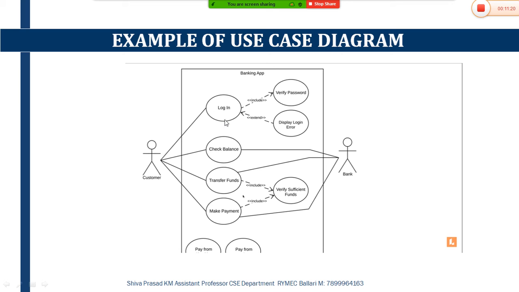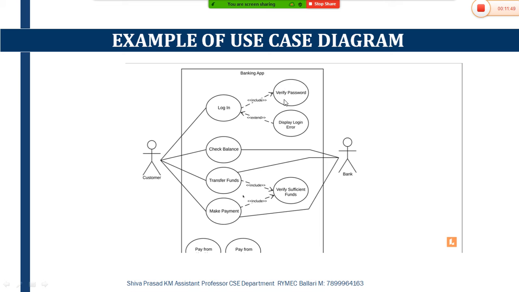As soon as you click the submit button, it will check the password. If the password is correct, then only it will allow you to move towards the next block. Here the check password use case is considered the base use case, and this one is considered the child use case of